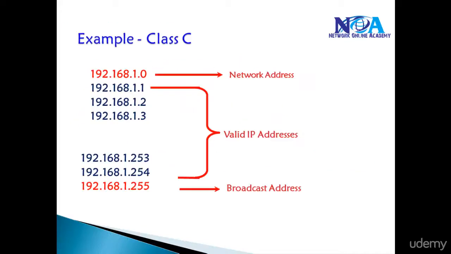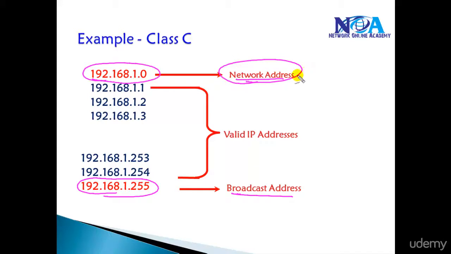But again, whatever the address range we get, we have also seen that in that particular range, we cannot use the first address and we cannot use the last address. Now the first address will be referred to as a network ID or network address, and the last address will be referred to as a broadcast address. Now why we cannot use them? The main reason is they are reserved for a specific purpose. Network ID is reserved for identifying the complete network, whereas broadcast ID is used to send the broadcast within the same network.